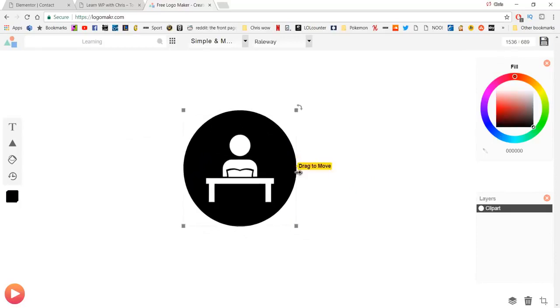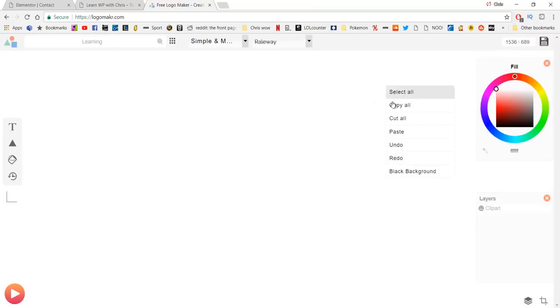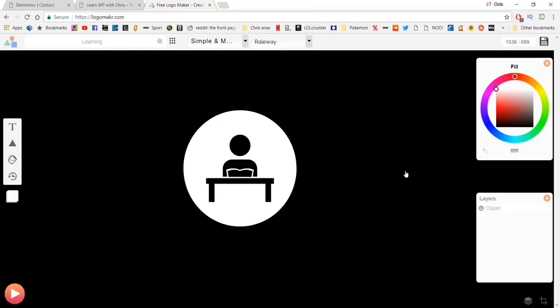And what I'm going to do with this is I'm going to make this white. And you might have noticed that I can't actually see what I'm doing now. So what you can do is if you right click on the actual canvas here, you can click it to be the black background. So there you go. We can actually see my